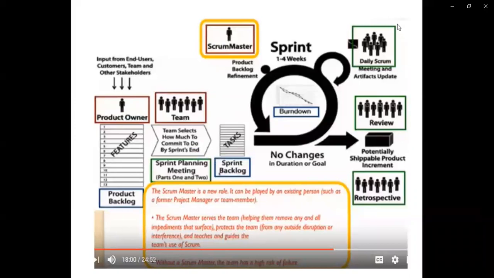So the scrum master serves the team. Basically he helps in considering which types of things we can add in this particular sprint, or which thing is required to perform, or which is the most important task we want to do. So he can serve the team, he can protect the team, and he can teach as well as guide the team. So everything which is required